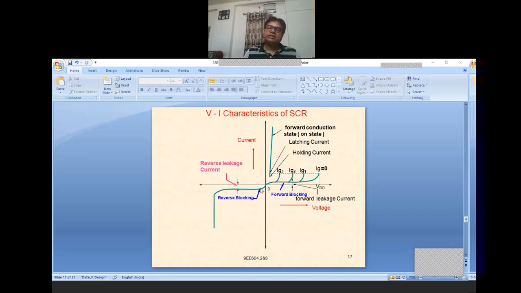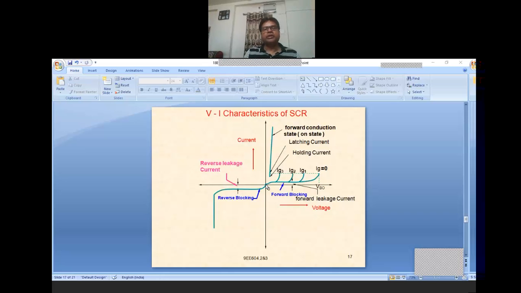If the voltage becomes totally zero applied voltage, then the current will also become zero, and the SCR will be totally turned off, and it regains its original state. That is, the original PN layers will be established back, and it will be ready to be used again when forward voltage is applied across it.